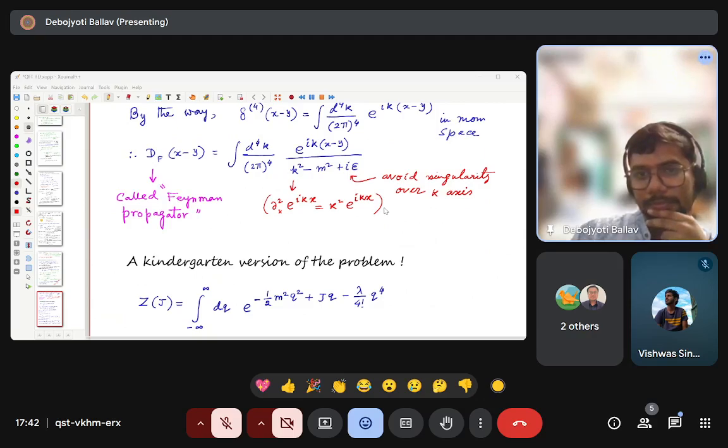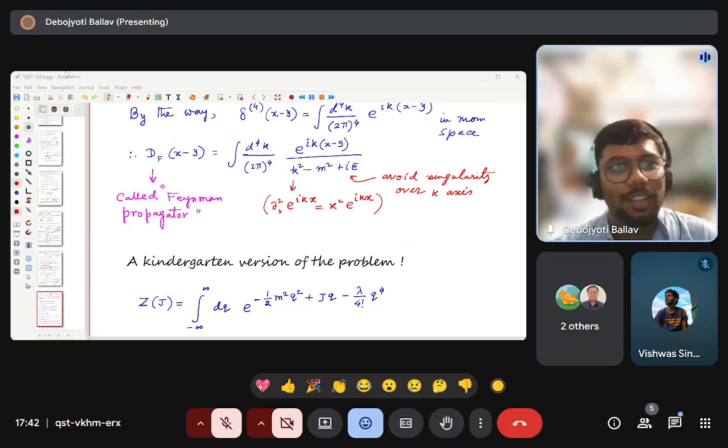Nobody? You know the answer for lambda equals 0, but you don't know the answer for lambda non-zero. So what can you think of? Feynman space. What you can do, you can just